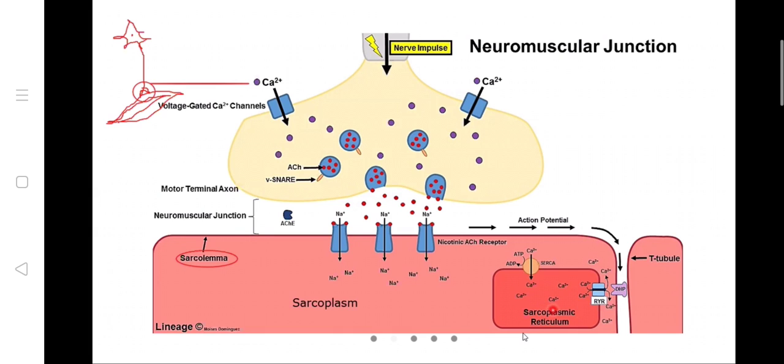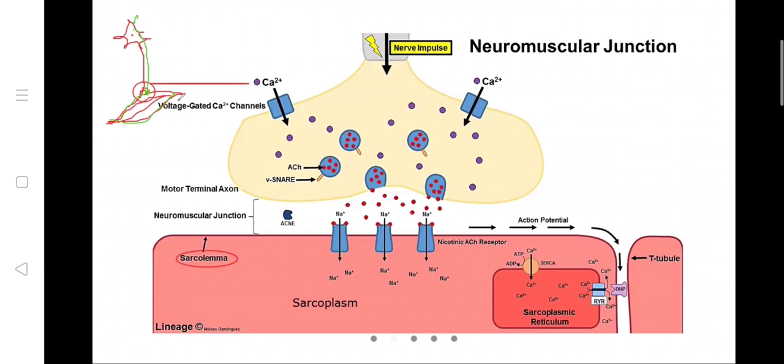Okay, fine. Now what exactly is happening? Whenever the nerve is stimulated, the signal, the action potential, travels through the nerve. It comes to the neuromuscular junction. From the junction, it has to cross to the muscle, and the muscle has to get excited. Once it gets excited, the muscle will contract. Once the muscle contracts, you will do the work, like lifting something.